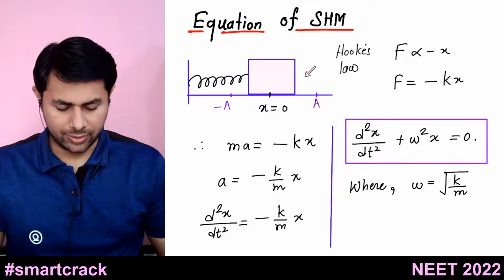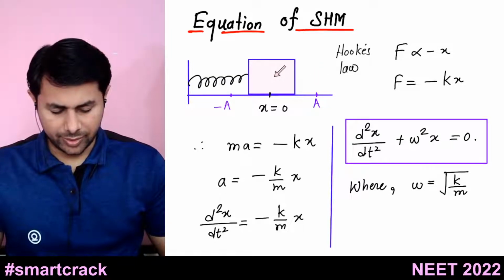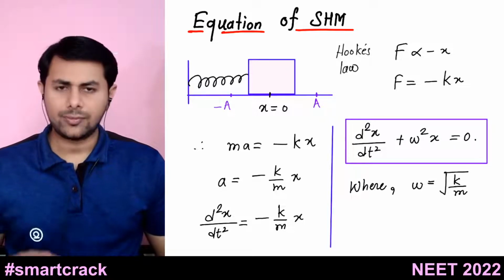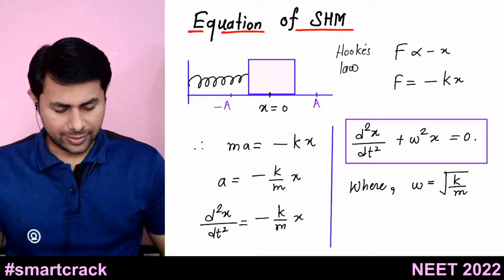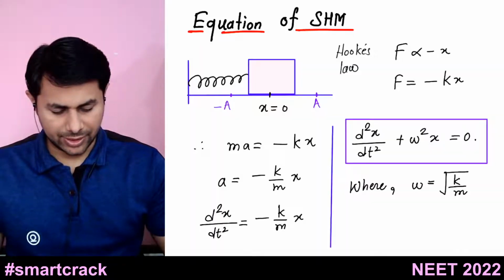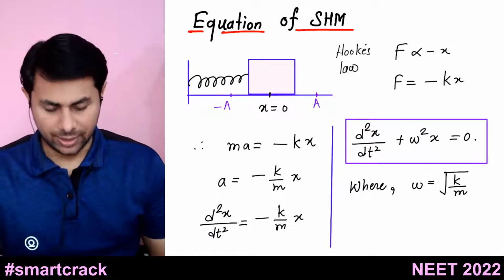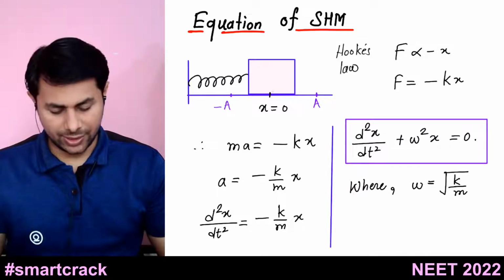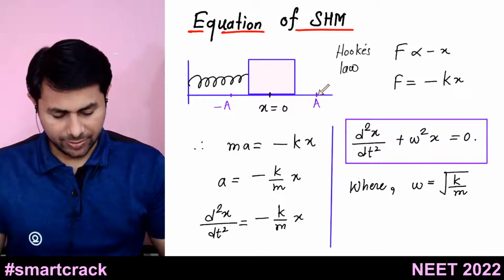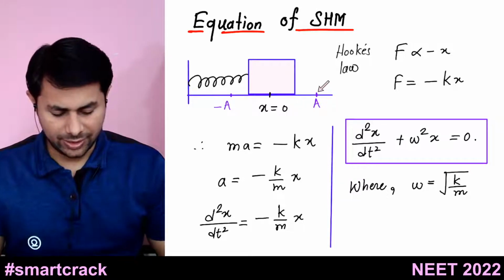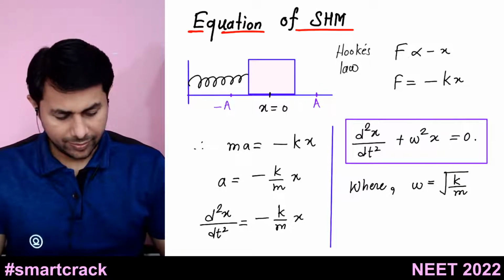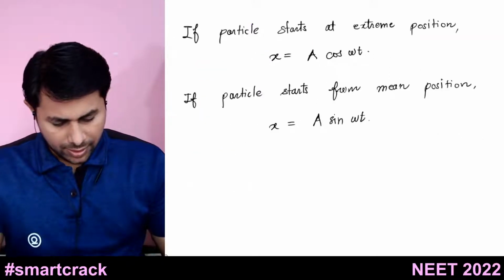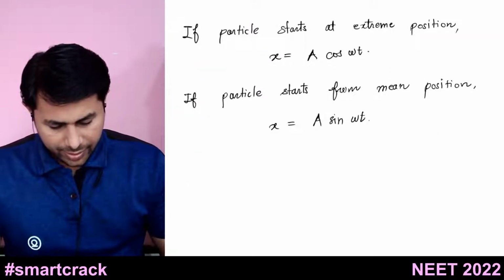So from here to here, then from here to here, from here to here, and from here to here. That is the time taken by the particle to complete one oscillation. So what will be its position? If it starts from here, after one oscillation, it will end here. If it starts from here, after one oscillation, it will end here again, right? So see, if you substitute,